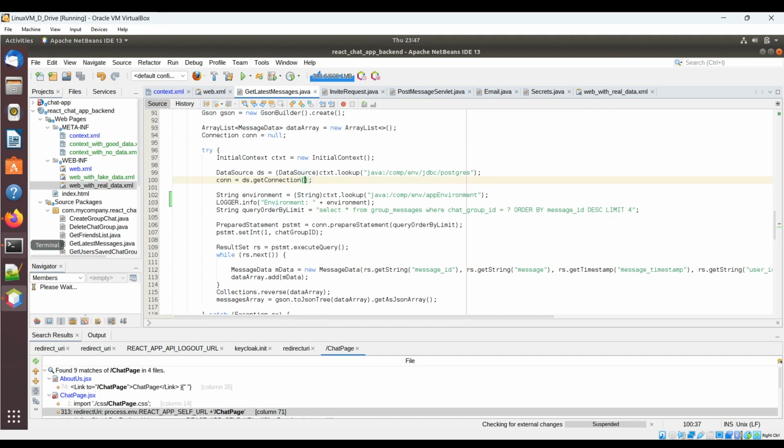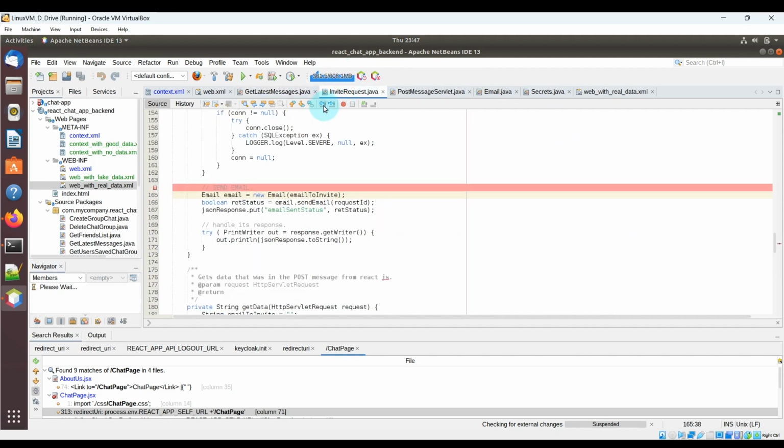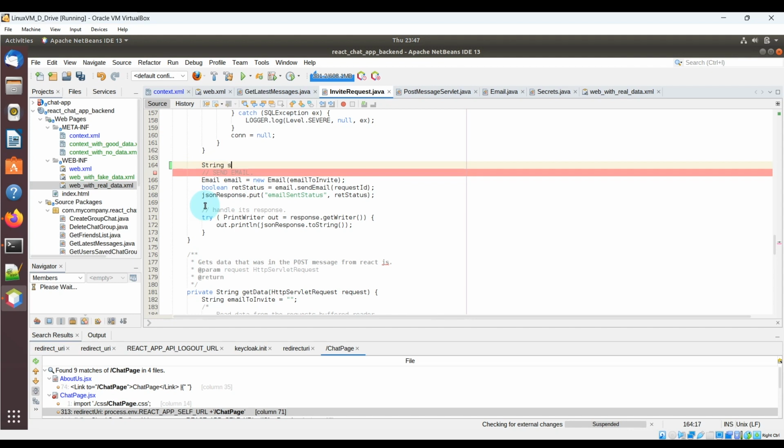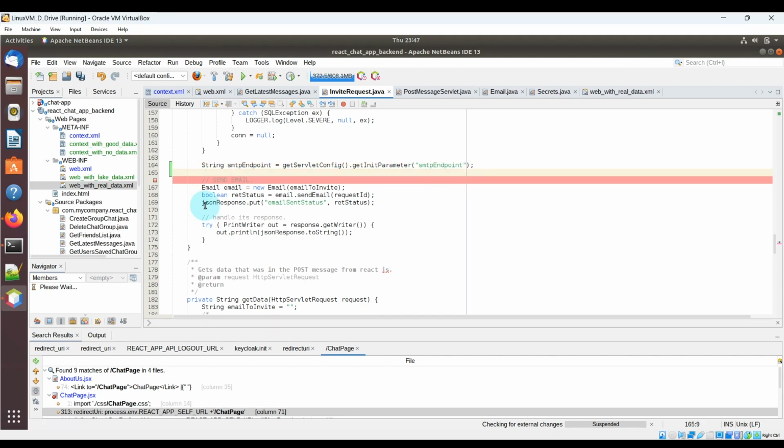The next thing we want to do is update the invite request to extract the values from the init parameters that we set before. So I'm going to show you how to do that. I'm going to create the SMTP endpoint local variable, and this is going to be set to the SMTP endpoint. I also had three other variables assigned to this servlet, so let me extract those as well. Email from